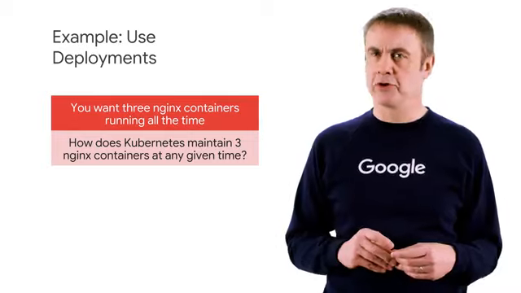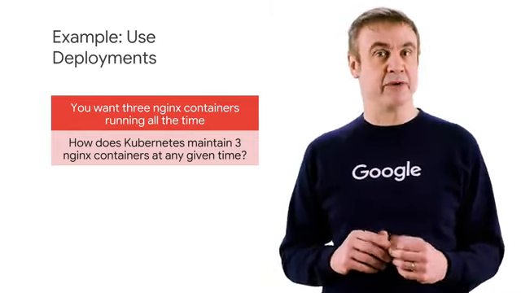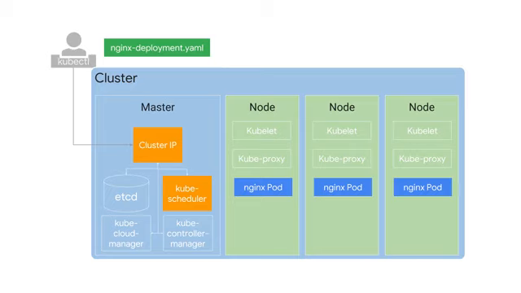Deployments are a great choice for long-lived software components, like web servers, especially when we want to manage them as a group. In our example, when kube-scheduler schedules pods for a deployment, it notifies the Kube API server. These changes are constantly monitored by controllers, especially by the deployment controller. The deployment controller will monitor and maintain 3 Nginx pods. If one of those pods fails, the deployment controller will recognize the difference between the current state and the desired state, and will try to fix it by launching a new pod.